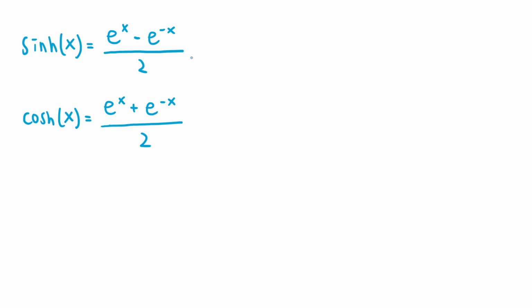So here's how we define the hyperbolic functions. Sinh of x is equal to e to the power of x minus e to the negative x all over 2, and cosh of x is equal to e to the power of x plus e to the negative x all over 2. These functions are defined in terms of the exponential function, and they're written as sinh and